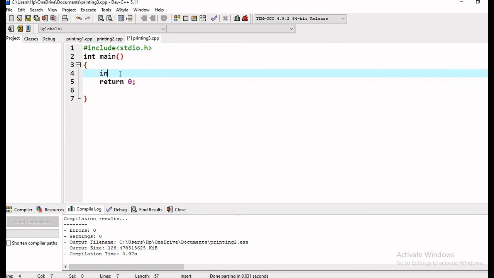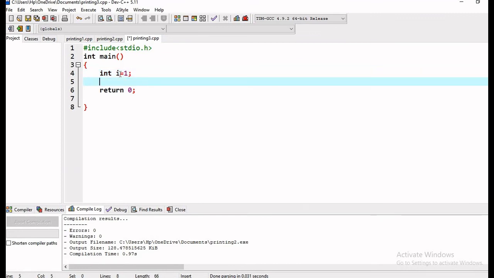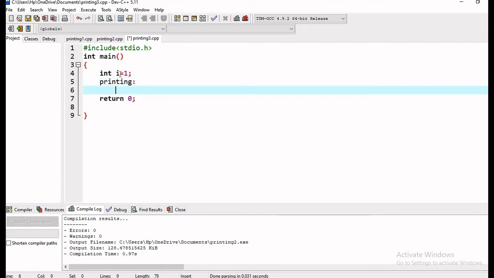And what is the trick here? We will declare a variable and then put a label here, printing. You can give any name to this label. This is just like a variable name, so this is called a label.